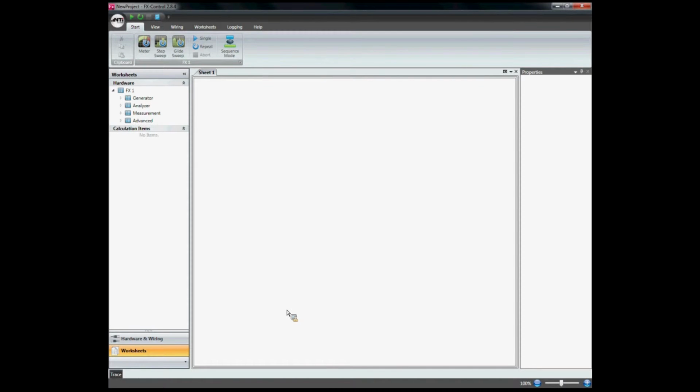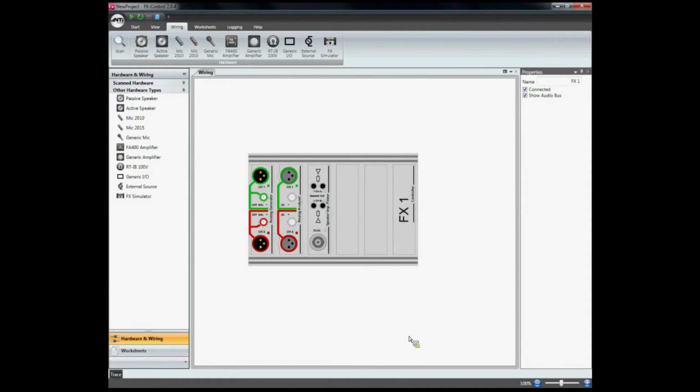I have started by creating a new empty project, and the first step I would do is enter the hardware and wiring view just to add my virtual amplifier connected to my channel 1 input and output of the FX100, and then I can walk over to the worksheet.